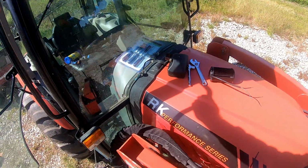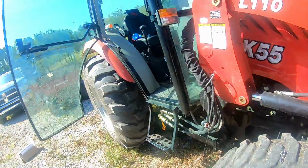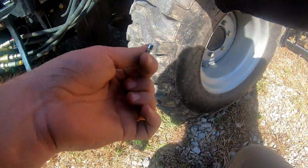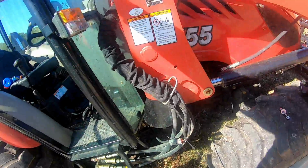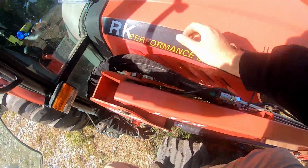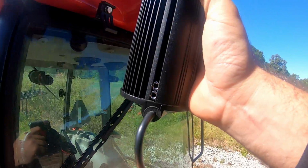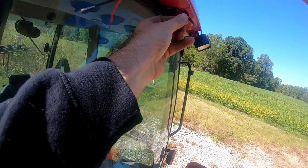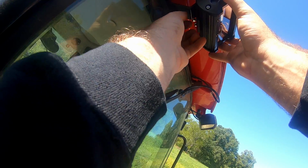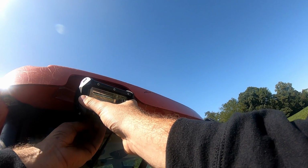Okay, now the fun part. Oh crap. I found it, we're good. Okay, so need the Allen wrench and the 2 Allen head bolts. So there are 2 little nuts in there that you have to line up. Okay, got them lined up. Kind of figure out exactly where you want it. Get it kind of centered, and